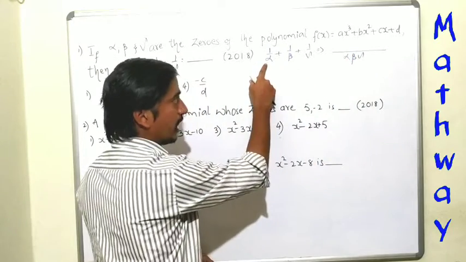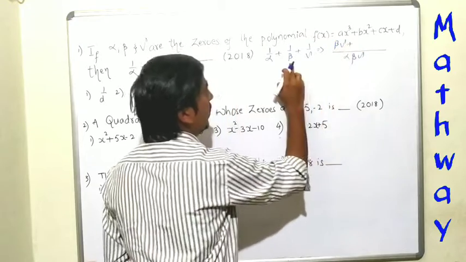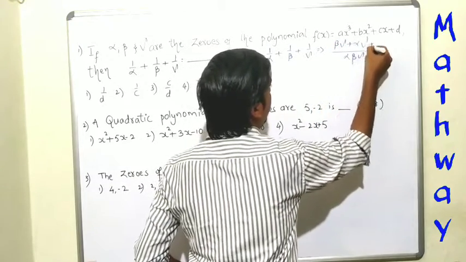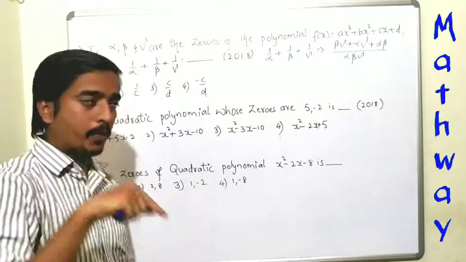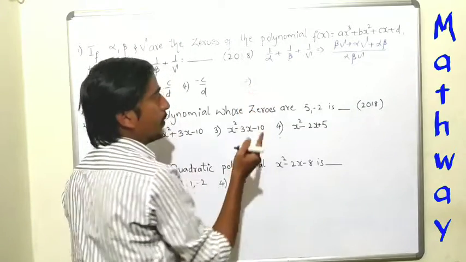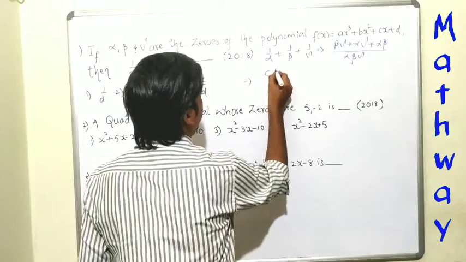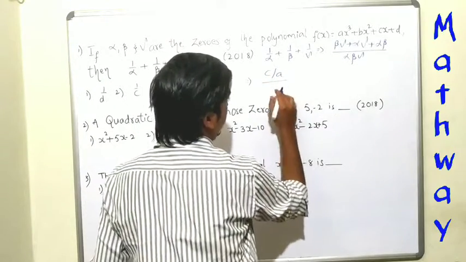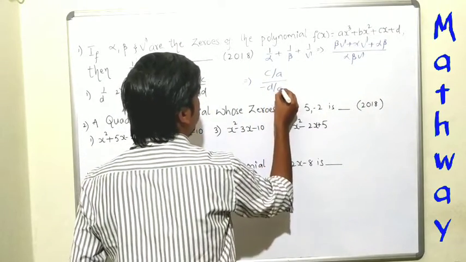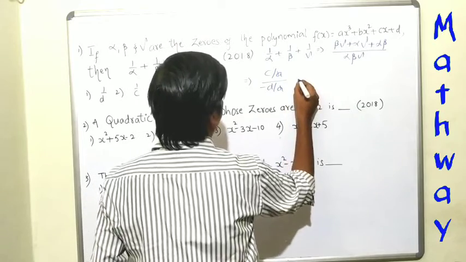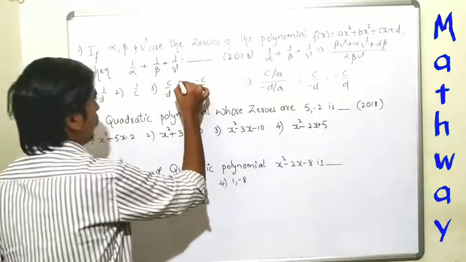So here the denominator alpha, so write the remaining two terms, beta gamma, plus here denominator beta, so here we get alpha gamma plus alpha beta. So the numerator is the sum of product of the zeros. What is the sum of product of the zeros for the cubic polynomial? It is c by a. So c by a, denominator alpha beta gamma, product of the zeros. Product of the zeros is minus d by a. A will get cancelled, then we get c by minus d. It is nothing but minus c by d. So option 4 is the correct answer.